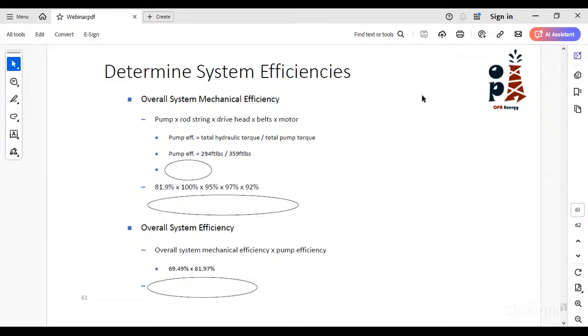Okay, let's answer the first question. What are the latest technologies of PCP? Of course, as we have said during our seminar, the PCP is very recommended in the heavy oil or viscous oil, and it gives you the best efficiency in this application. What are these latest technologies to overcome the challenges that you face in the light oil application?